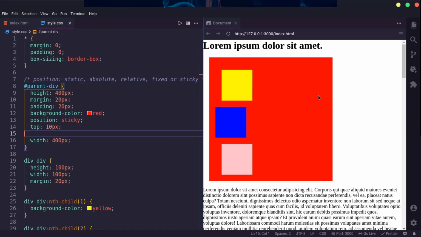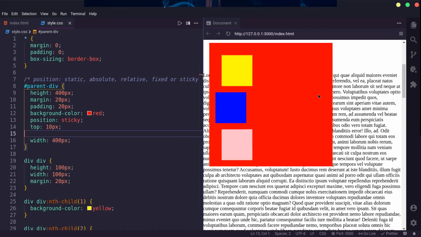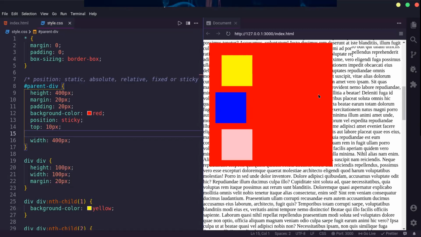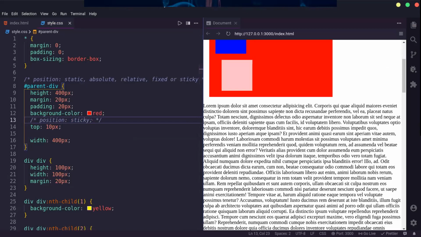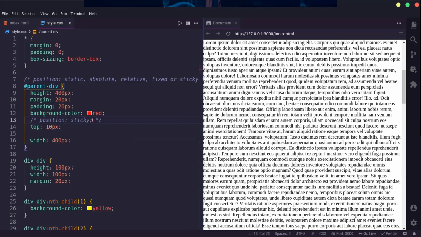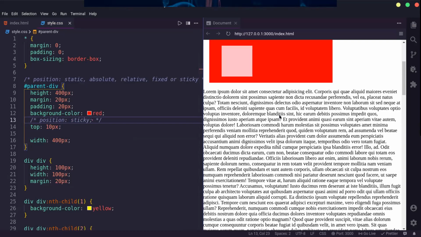So now as soon as I scroll this, you can see if I remove this sticky position, as soon as I scroll down, the parent, the red div, is going away.